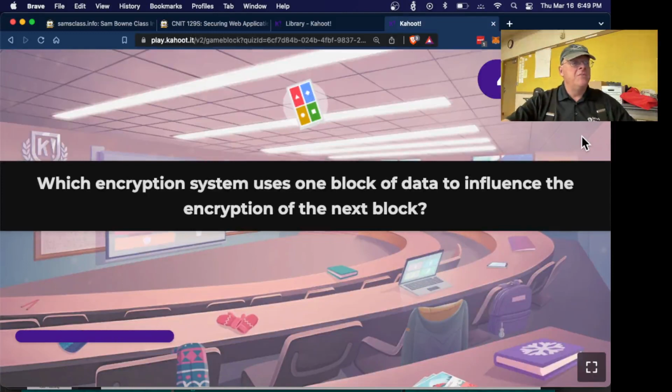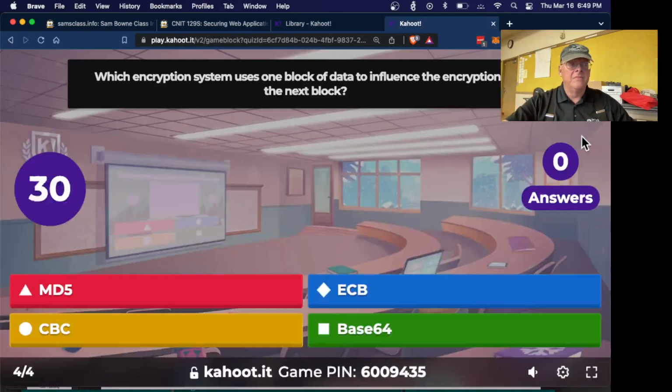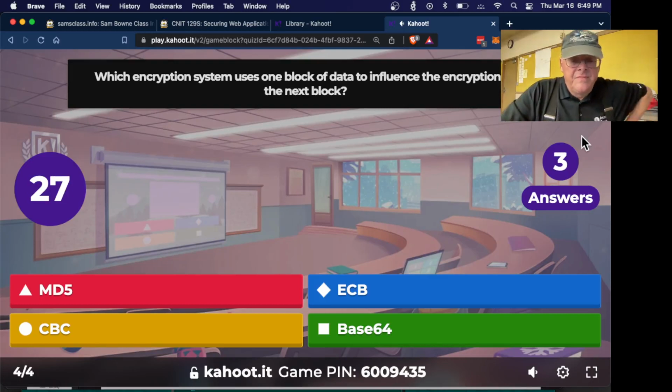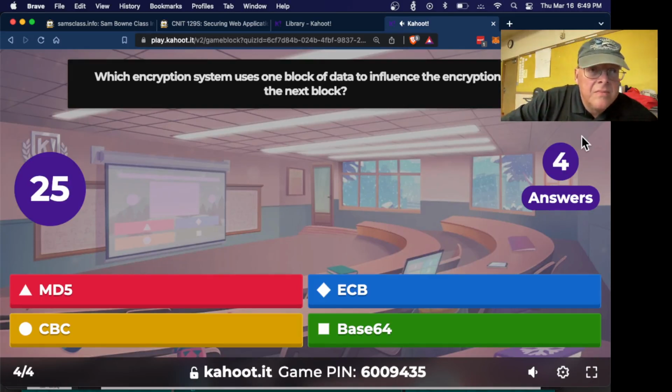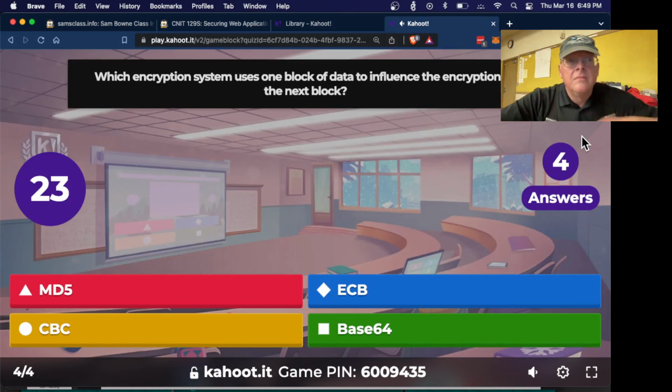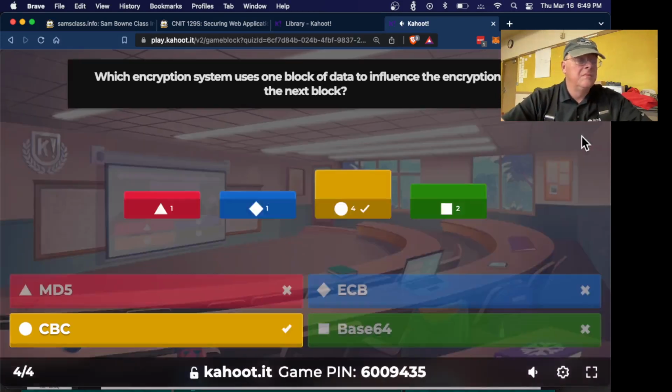All right, which system uses one block of data to influence the encryption of the next block? That's cipher block chaining.